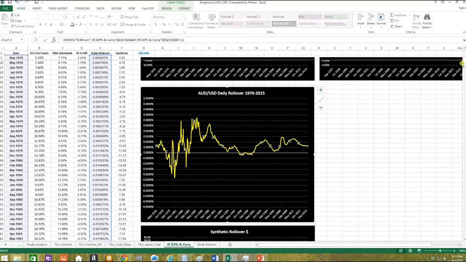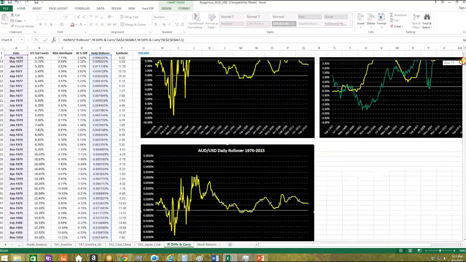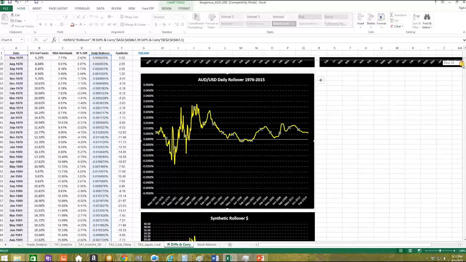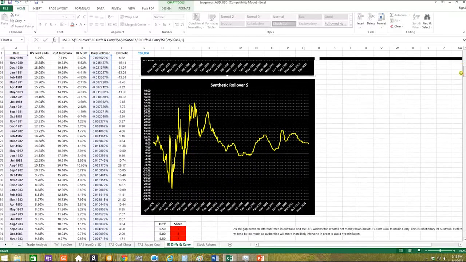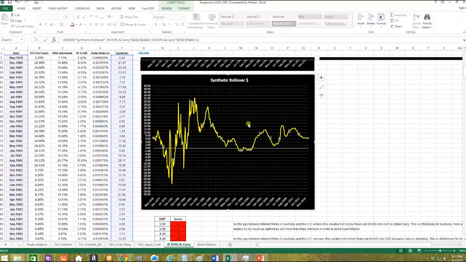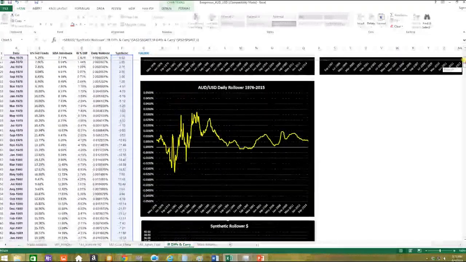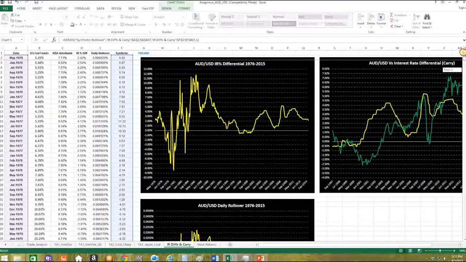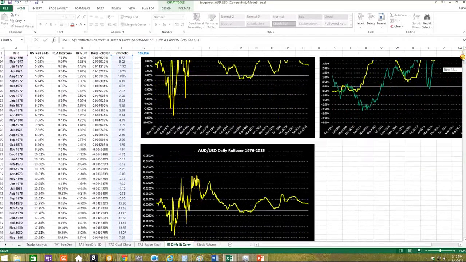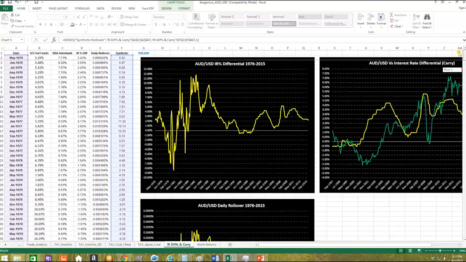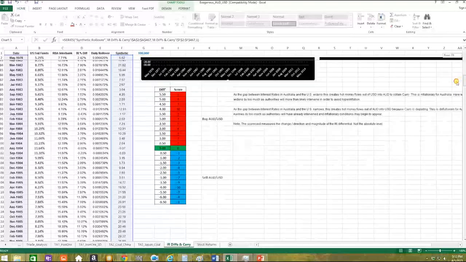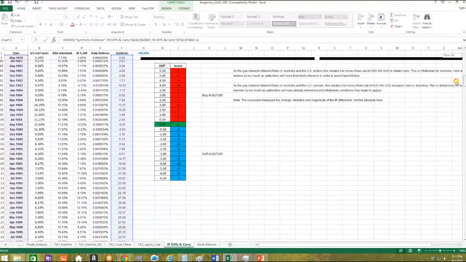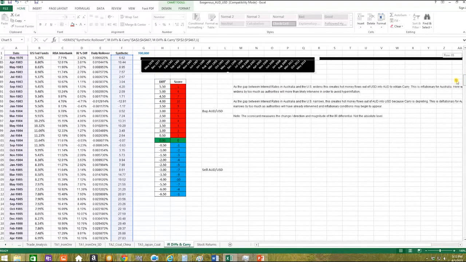So the chart is obviously going to be a very similar profile in terms of its shape, because it's just divided by 365, and that stays constant. And also we have our synthetic rollover here, which is obviously going to stay the same shape because it's a constant number times the constant 100,000 currency pairs. We also have our scorecard here, which we'll go to in a second when we get to going over to